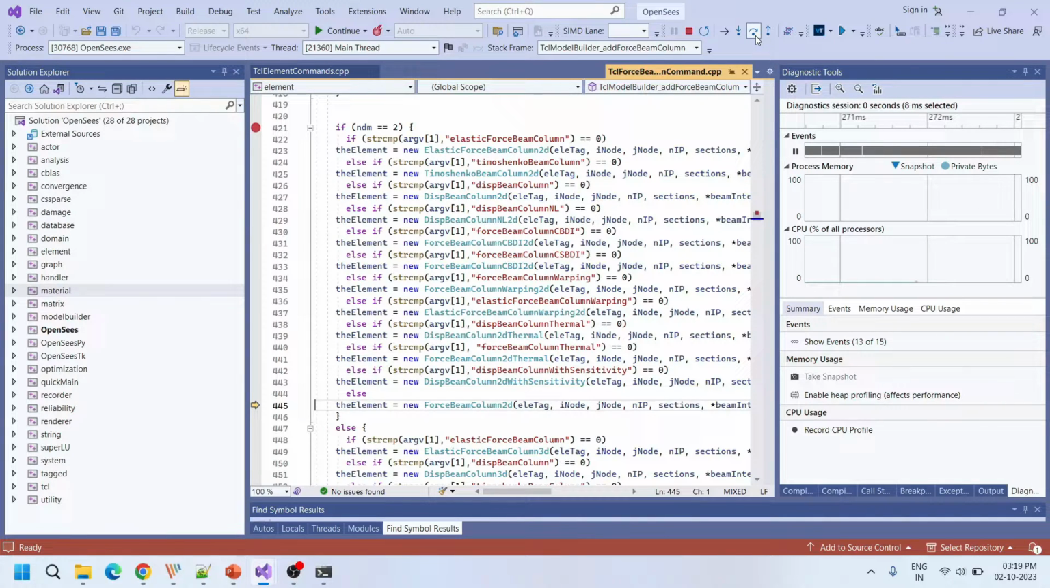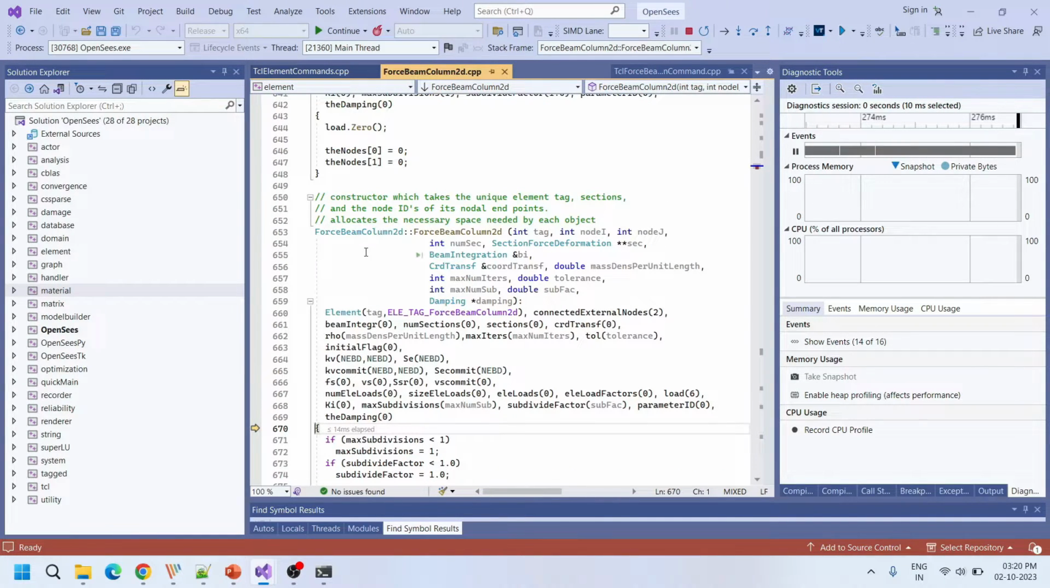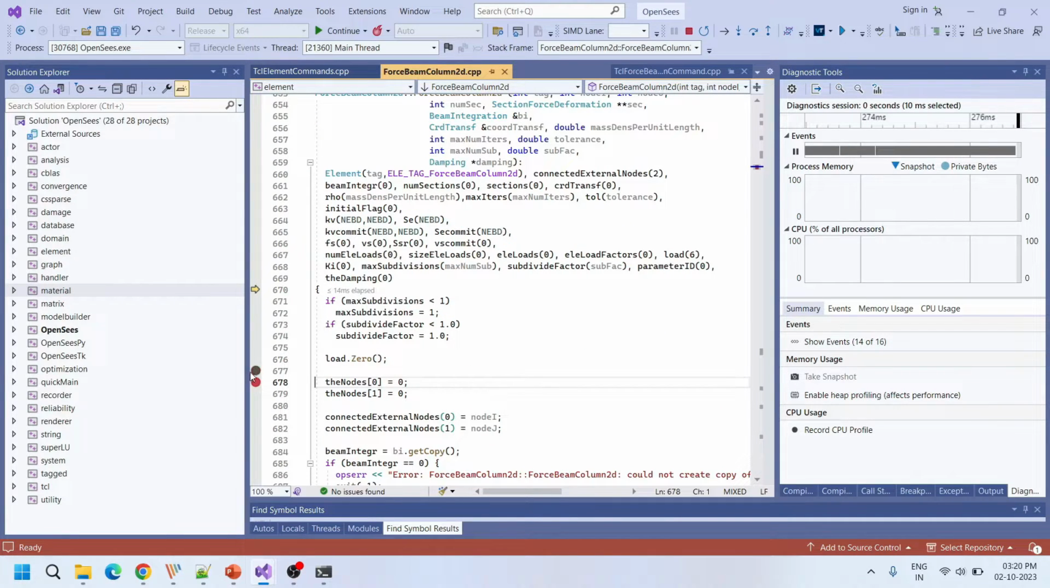So if our keyword doesn't match with all of these, it is suggested to go into this force beam column 2D. So we are going into this. Yes. So the file that is used for this nonlinear beam column command is this force beam column 2D. I put a breakpoint here, and for now temporarily, to see whether this is the exact C++ source file that is called or not,